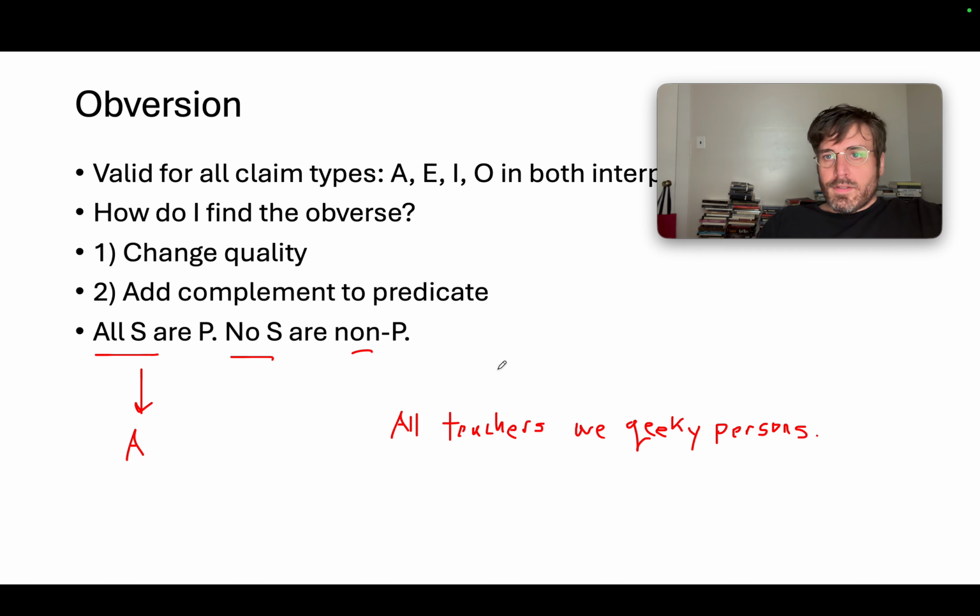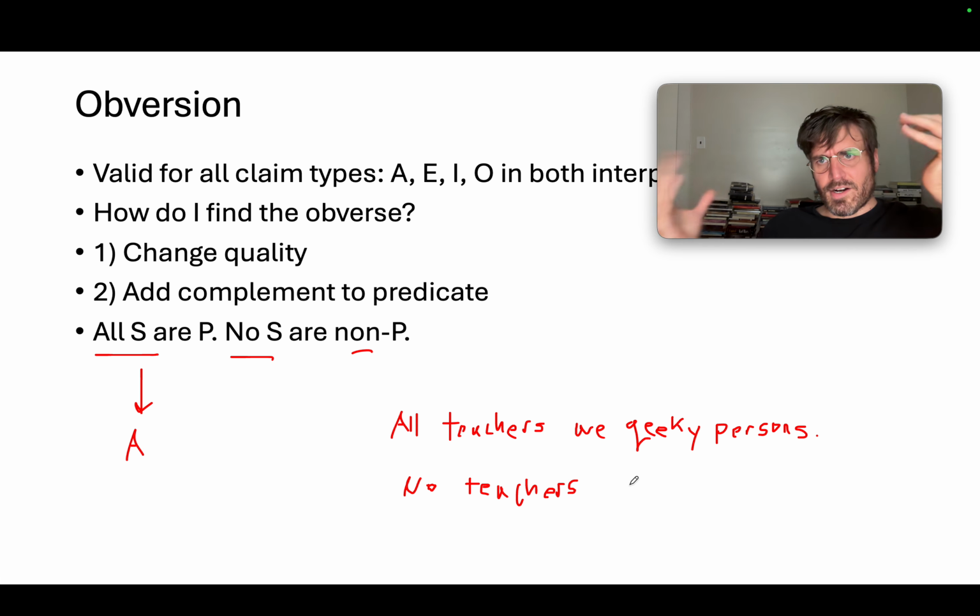Okay, so changing the quality brings us to our E category, right? It has to become universal negative, so we got no teachers. Nothing transforms about the subject term beyond this, right? We're retaining the exact same subject class. No teachers. And I want to really stress how to do the copula here, because this gets tricky with obverse,